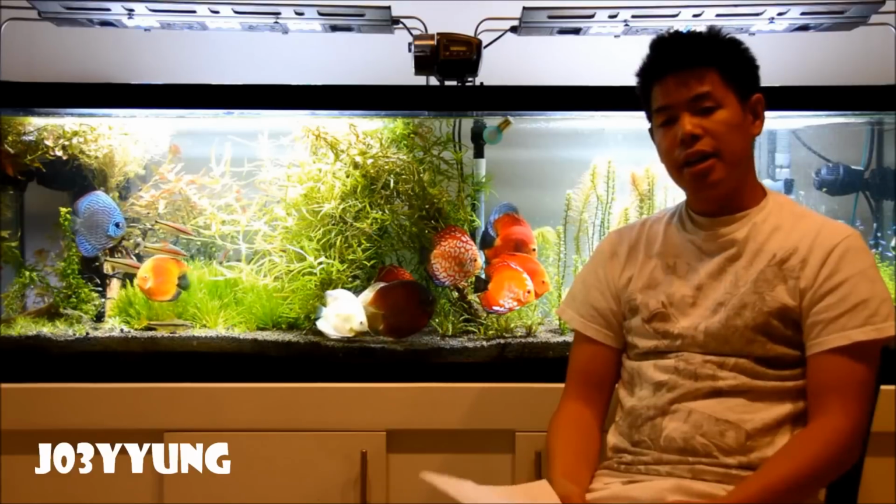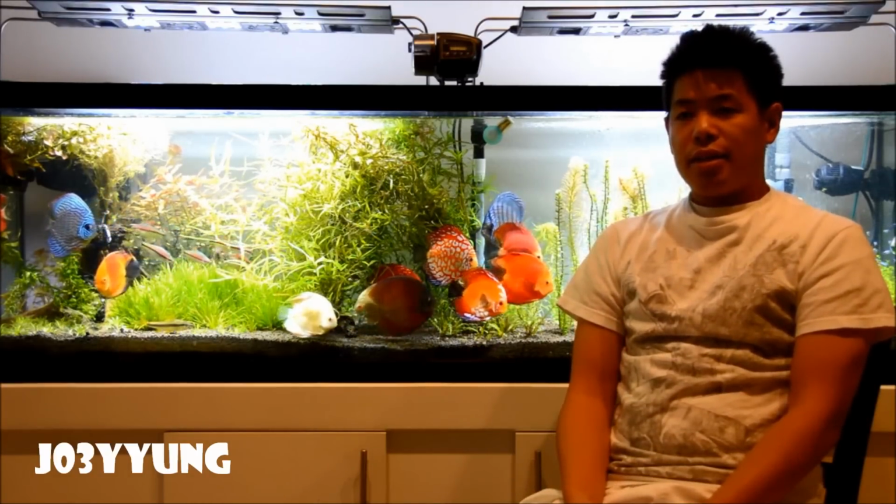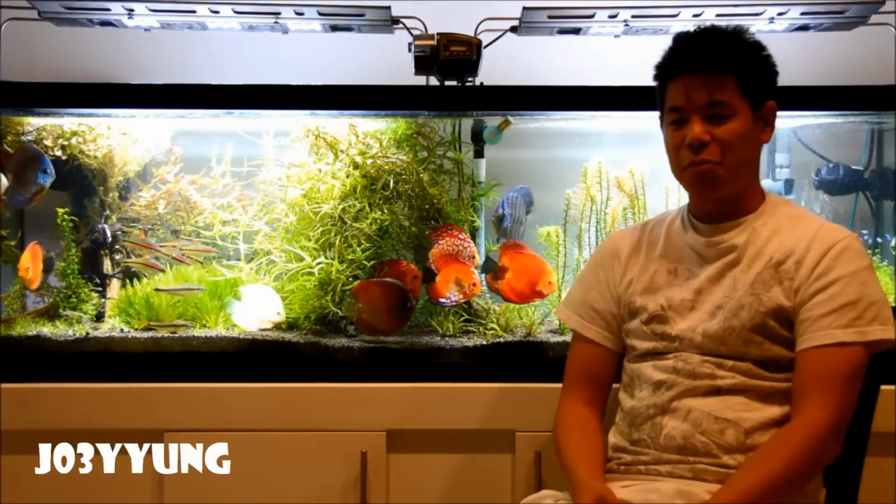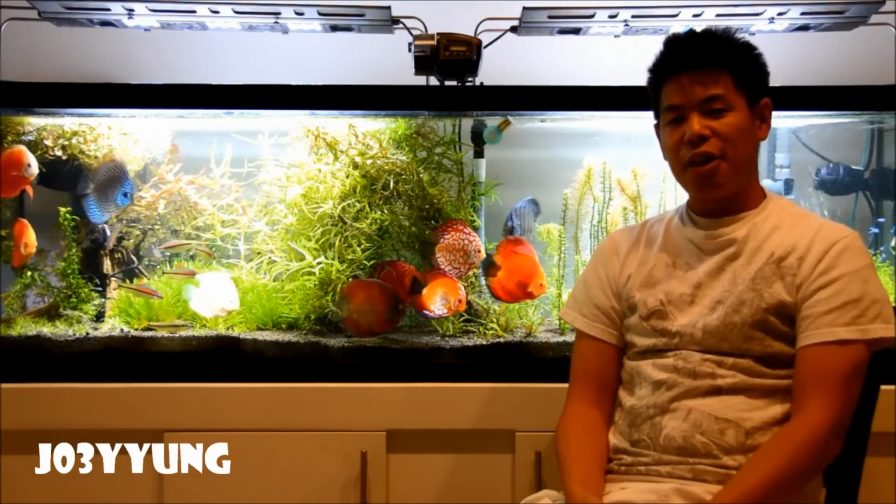The second thing is lighting. Lighting, people, this can be kind of a hot topic, I guess. I found that for beginners or anybody, start with 7 hours. Start with 7 hours and dial up and down from there. Generally with planted tanks, 7 hours is pretty good for any tank. If you have a lower tech tank with Java ferns, Anubias, you may want to dial it down to 6